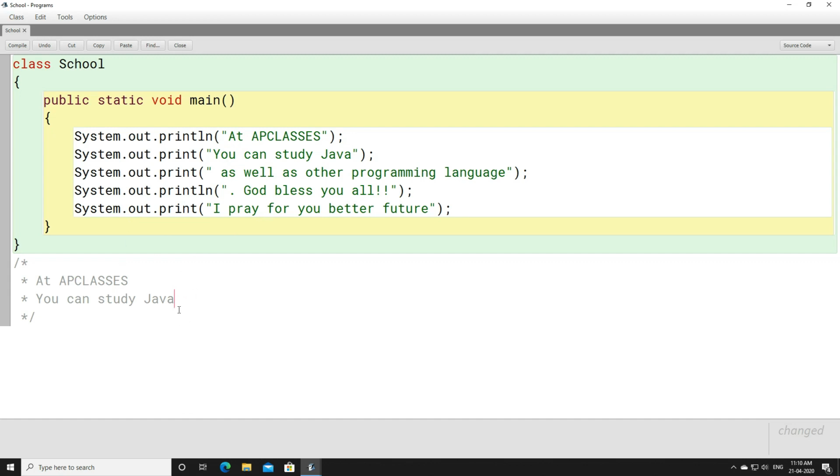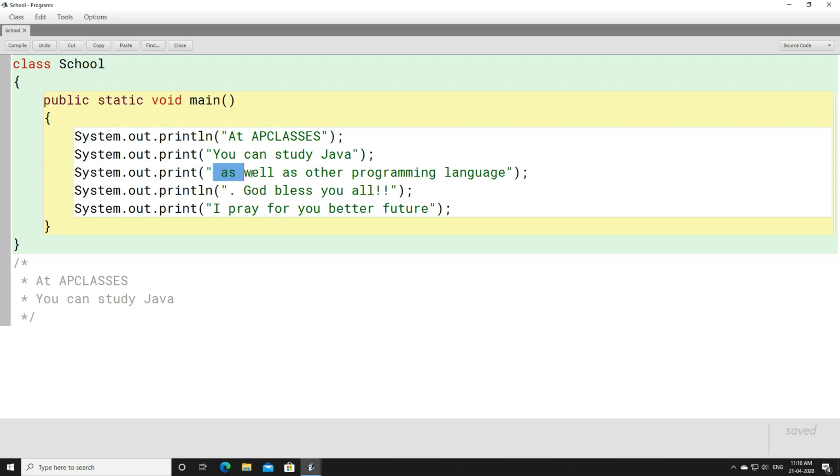Now you tell me whether the control will stay here or not. Just look at this line, pause for a while, and decide whether the control will stay in the same line or move to the next line. It will remain in the same line. The reason is that here it is written print. It will print "you can study Java", but as no ln is present here, the control will remain in the same line.